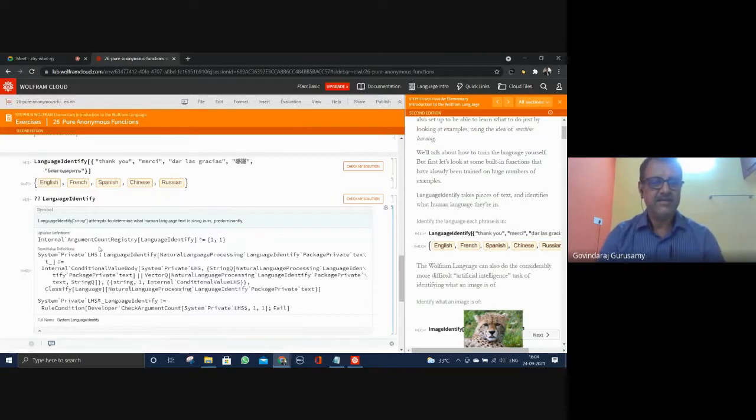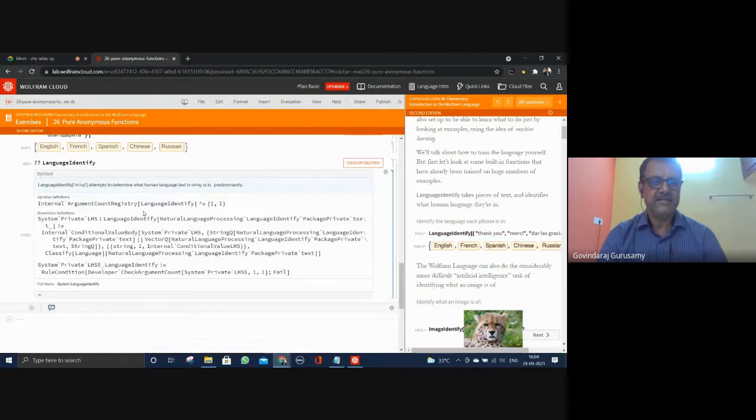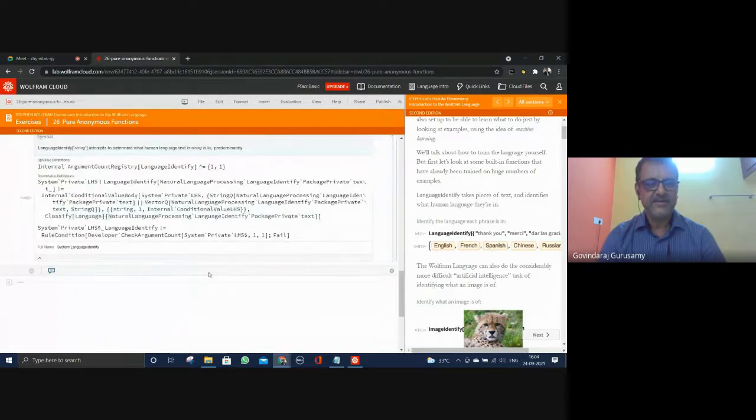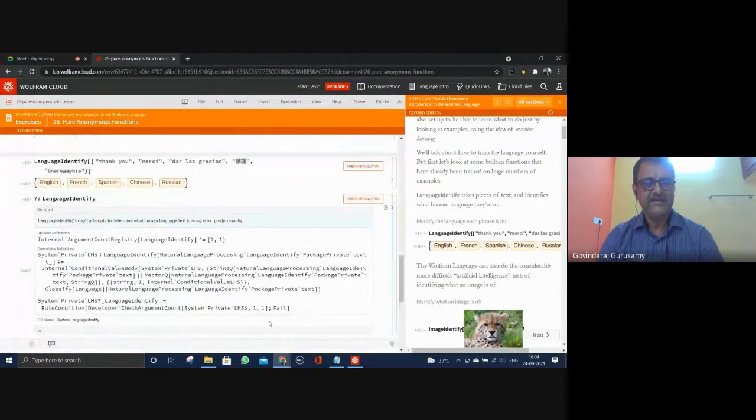If you want to understand how this is being done and how it is being implemented, well, this is not our interest, so we don't bother much. But it's there. It has been used. So identity with the string. And also how many languages they have used. The important languages available will be used, not all of them. For example, if you ask it to write about Tamil and Malayalam, it may not do the job.